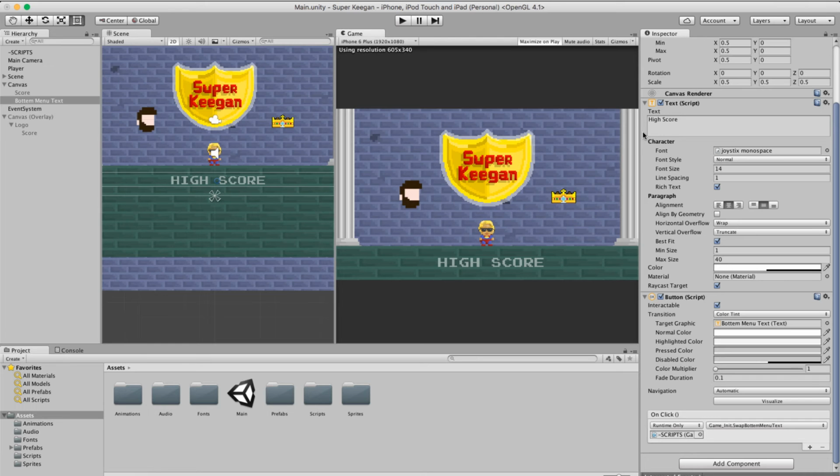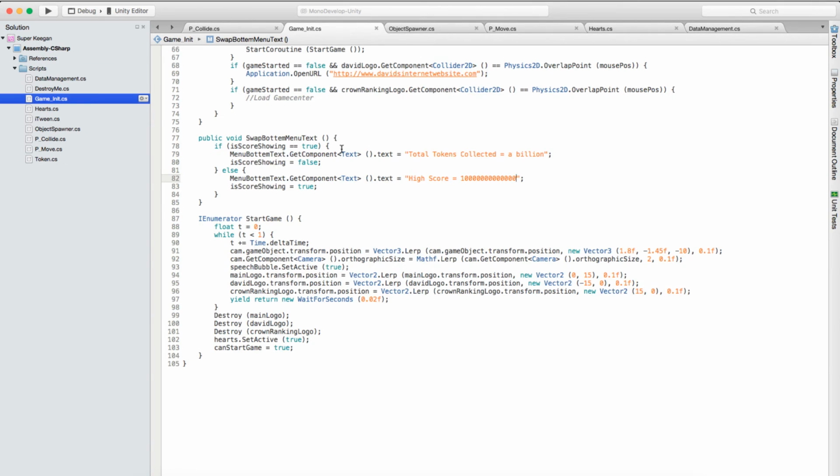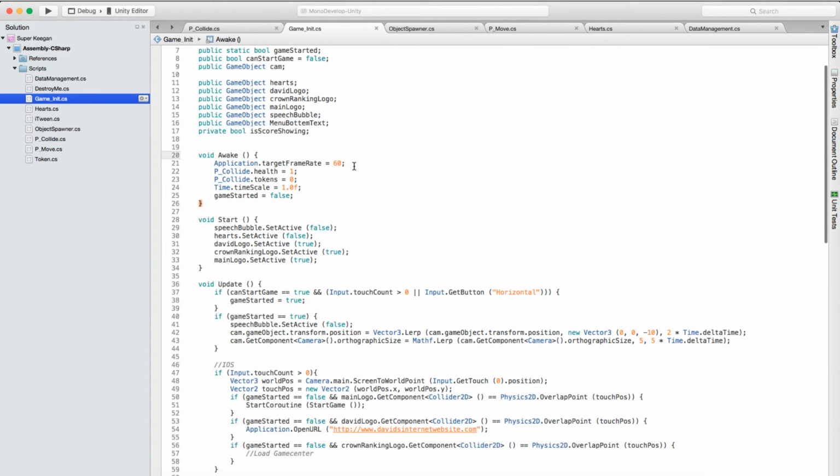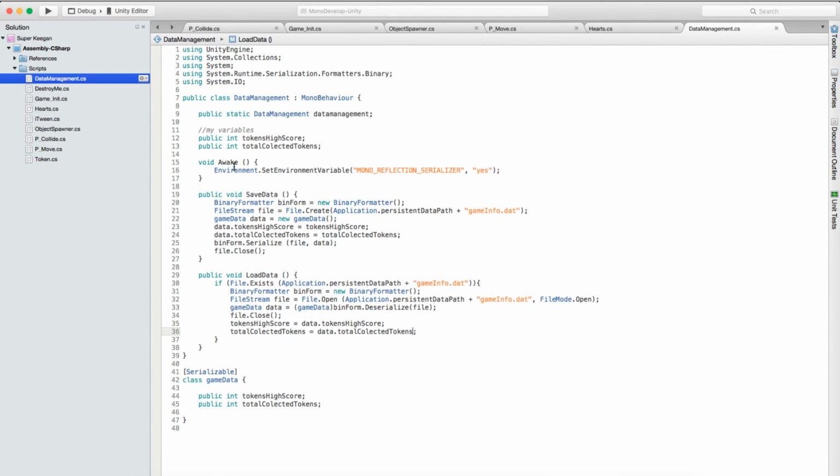Okay, cool. So then all we need to do is whenever we want to save or load, we just need to call that method. So inside game initialize, one of the first things we want to do is write data management dot load data. Oops. There we go. And so what that does, if we go back to data management, is if the file doesn't exist, it doesn't do anything. But if the file does exist, then it loads that data. So it actually gets, okay, what's the high score? And loads the high score. Okay, what's the tokens? The total collected tokens. It loads the total collected tokens. So now that we've loaded it,